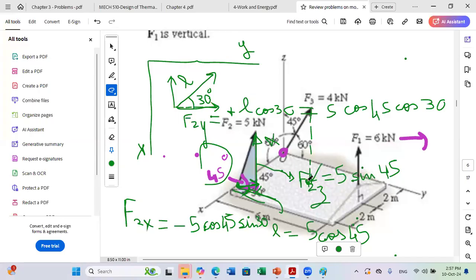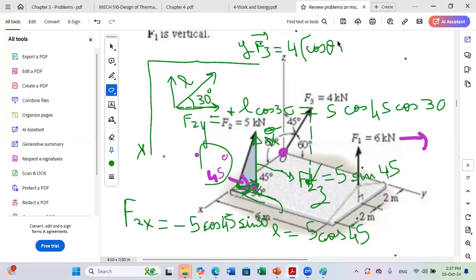Since F3X is positive, then the angle is smaller than 90 degrees. So when you want to find F3, you say that the F3 vector is equal to, let us call the angle theta and we want to calculate it, F3, which is 4 in magnitude, times cosine theta